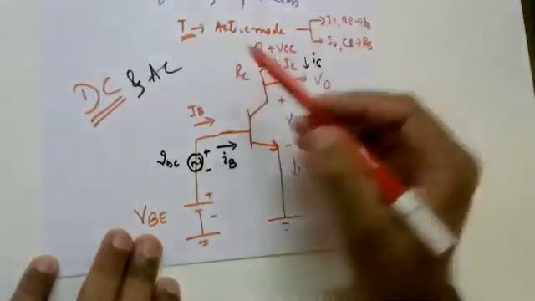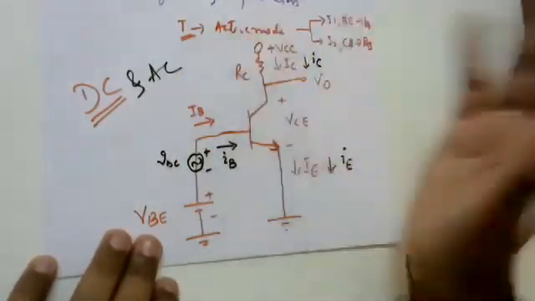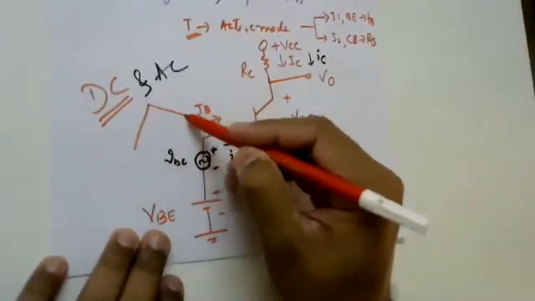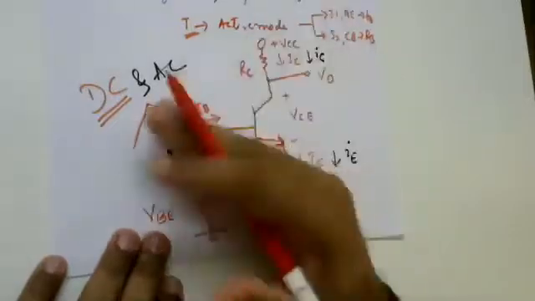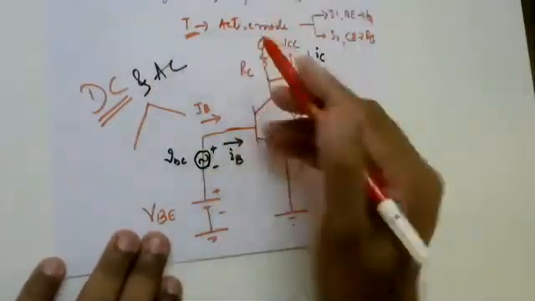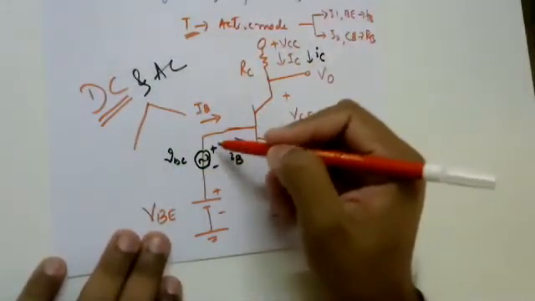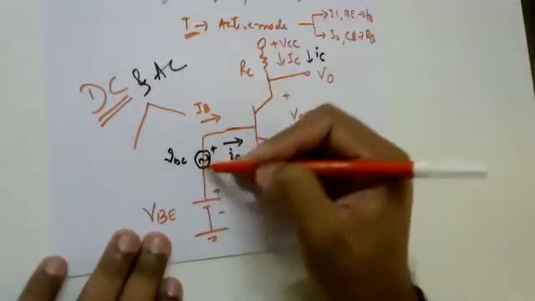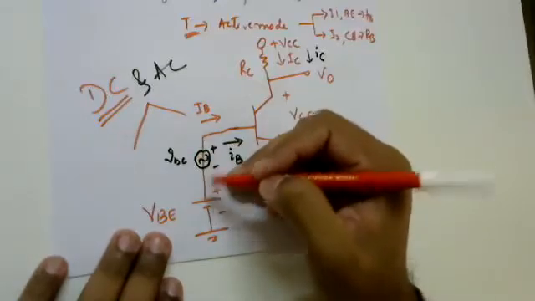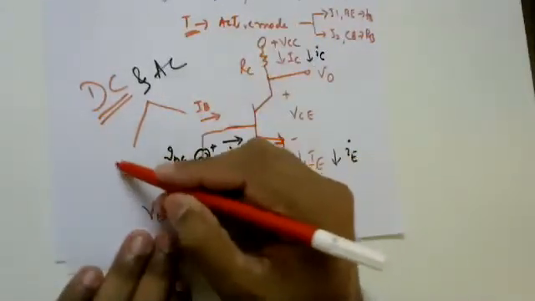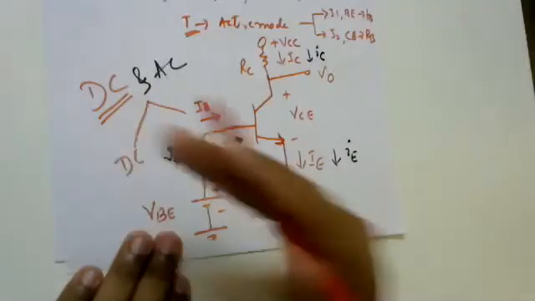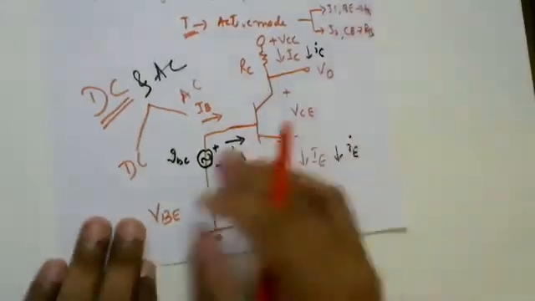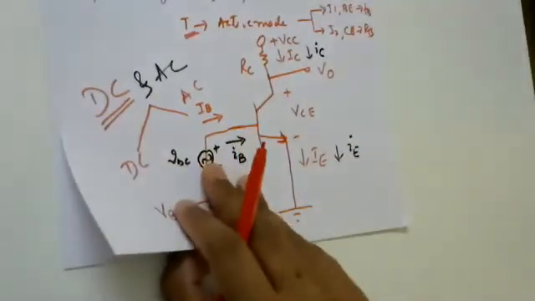But whenever I'm having both DC and AC at a time, analysis cannot be performed. So I should know the method to make two analyses individually, then add their effect. That's the reason right from the beginning I'm saying that I'm superimposing the AC signal over a DC signal. So first I should be able to make a DC analysis, set my Q point, the operating point, and then make my AC analysis. Is the topic clear to you?